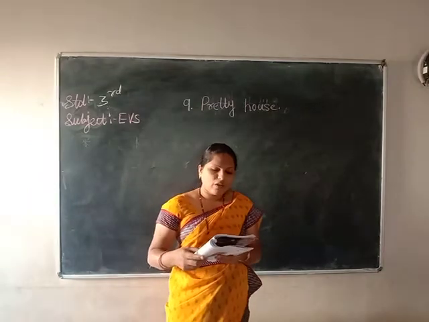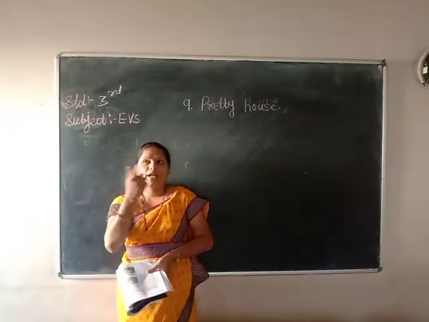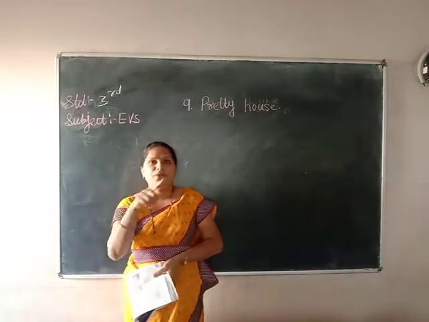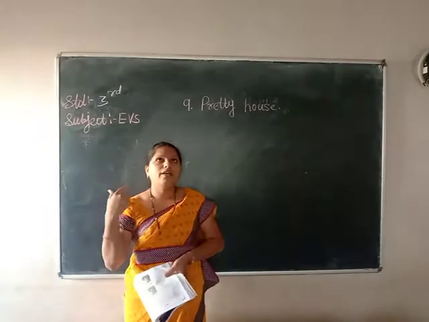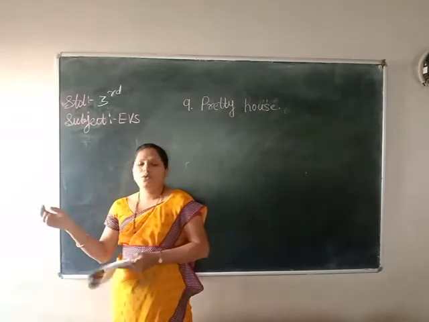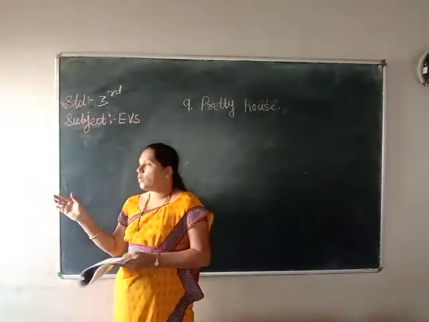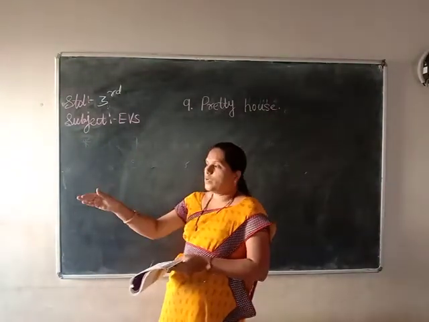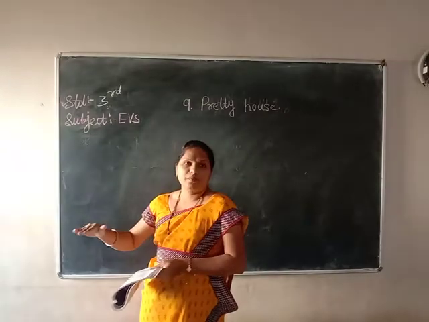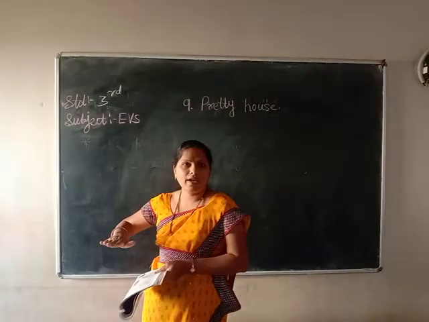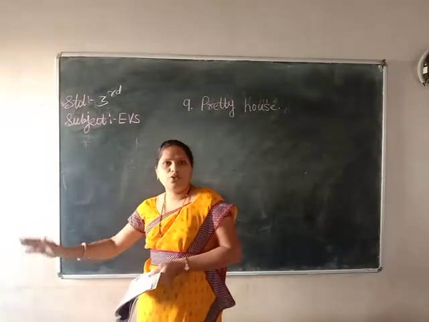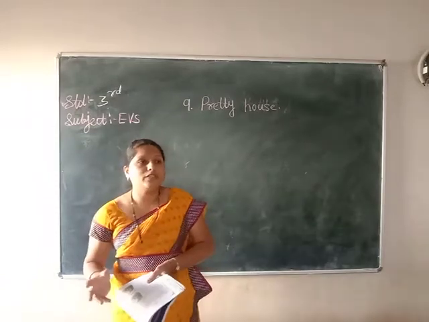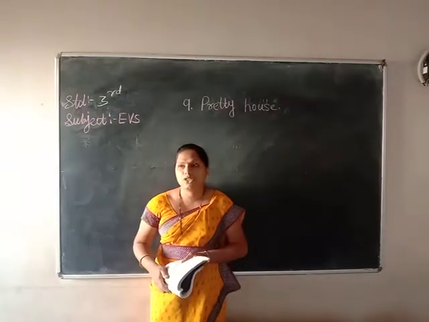See, children, interested in getting light and air, he took a big vessel and held it outside the house. He built that home, but what did he not make? He did not make any window in that house, and the door was also very small, not a big and proper door. It was only half of our height. So the room is very dark and there is no ventilation.